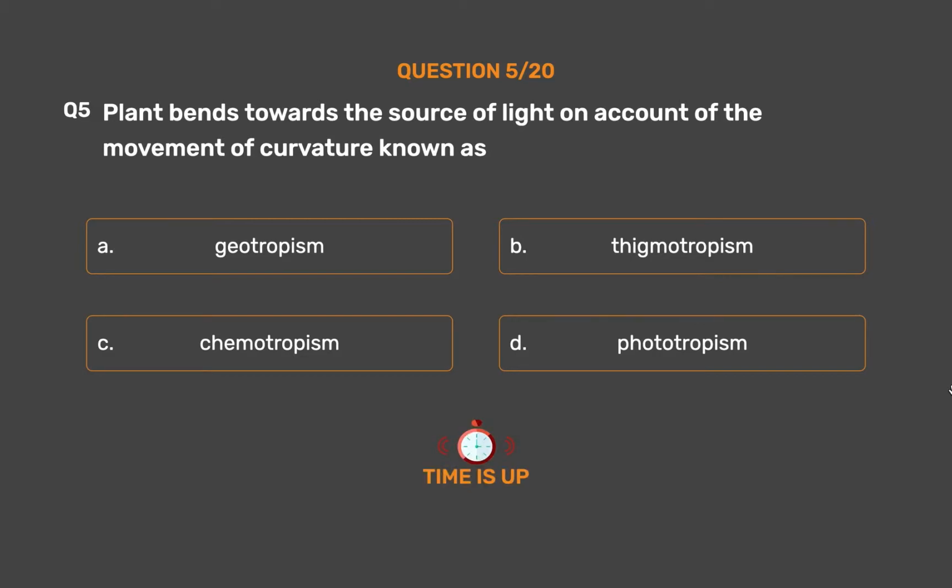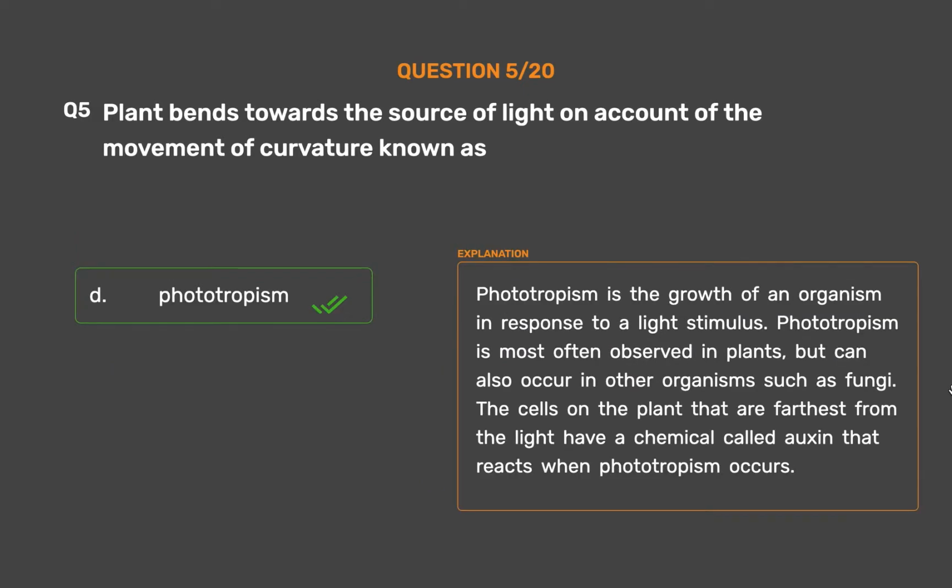The correct answer is Option D. Phototropism. Phototropism is the growth of an organism in response to a light stimulus. Phototropism is most often observed in plants, but can also occur in other organisms such as fungi. The cells on the plant that are farthest from the light have a chemical called auxin that reacts when phototropism